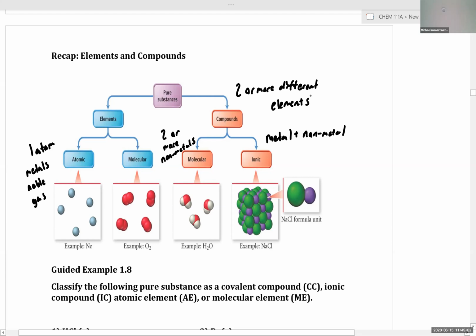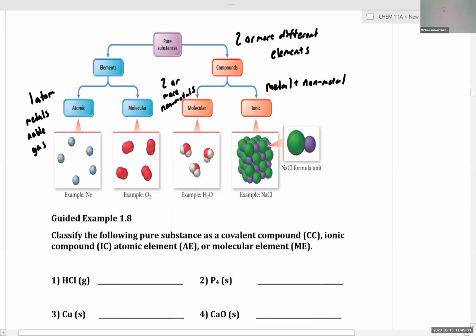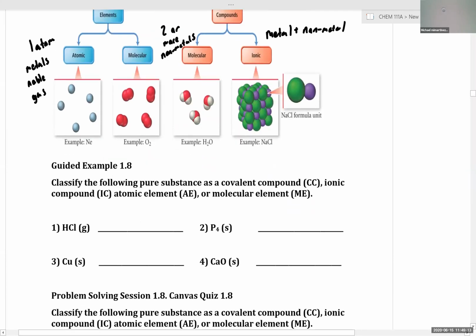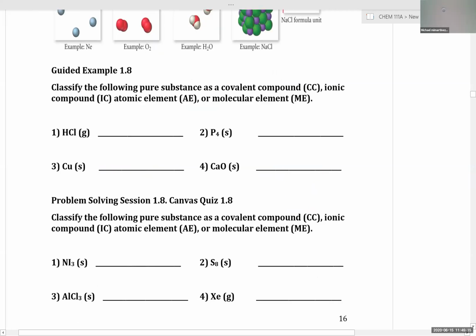So all compounds, by definition, are molecules, but not all molecules are compounds. Okay, so let's do a guided example where we're asked to classify the following pure substances as a covalent, ionic compound, atomic element, or molecular element. So looking at HCl,